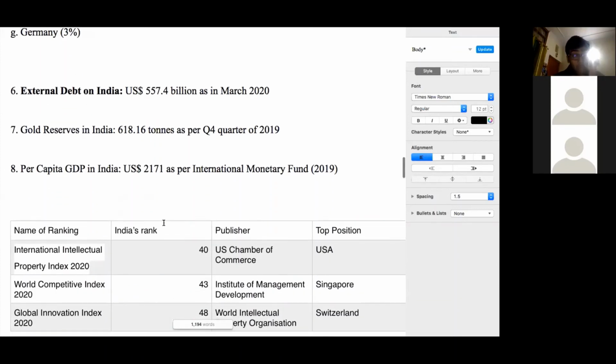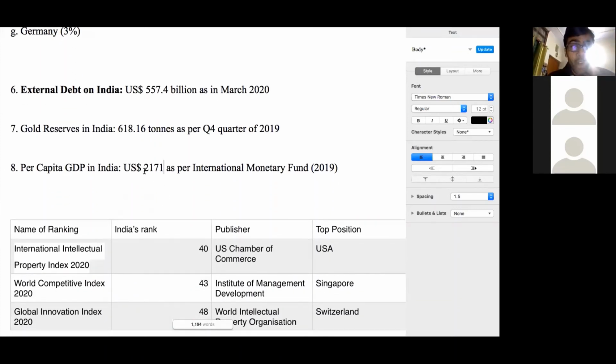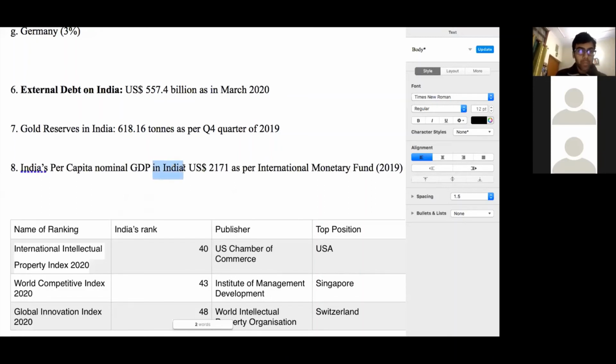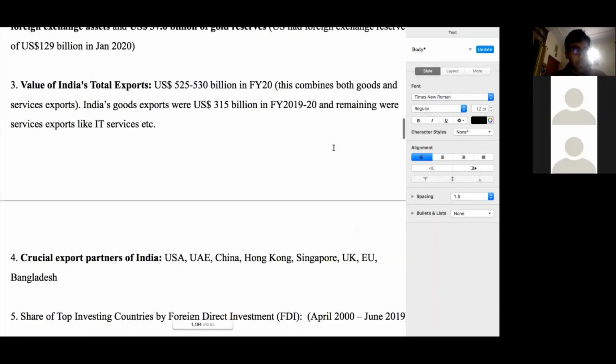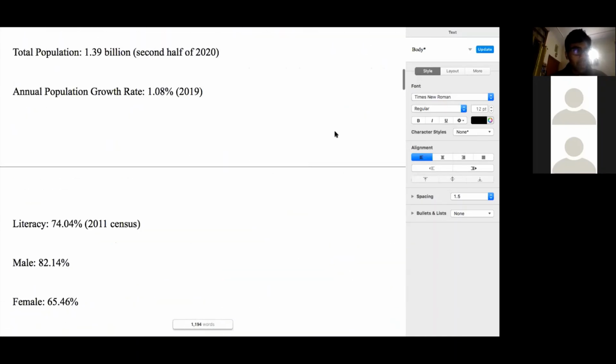Now, this is the per capita GDP in India. This is the nominal value, the 2019 nominal value. If you remember, the earlier value that we considered was the PPP figure. This is India's per capita nominal GDP as per IMF, 2019 figure. So earlier, if you go a little above, we see